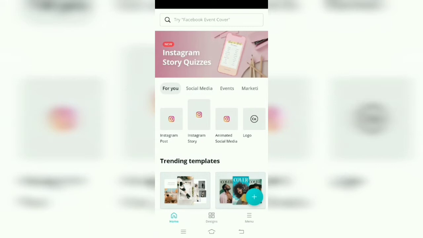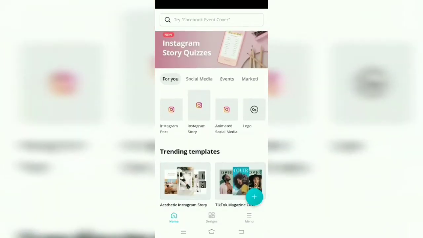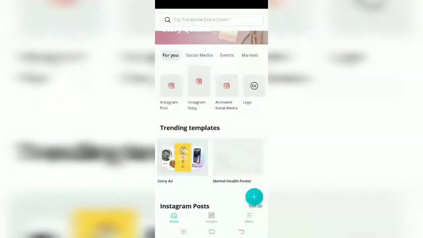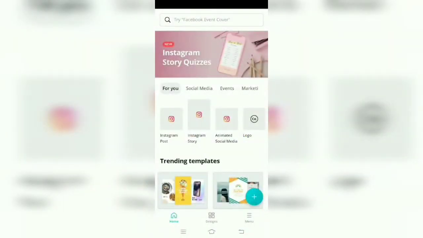If we are using a laptop or desktop, we can search Google for Canva, and the first option that arises is our Canva app. We can simply make it here after signing in. Or if we are using Android or iOS, we can simply download it from Google Play or the Apple Store.